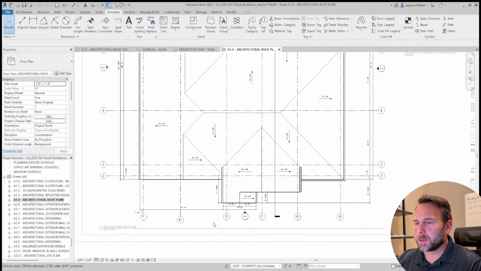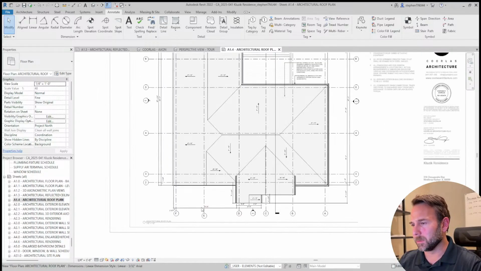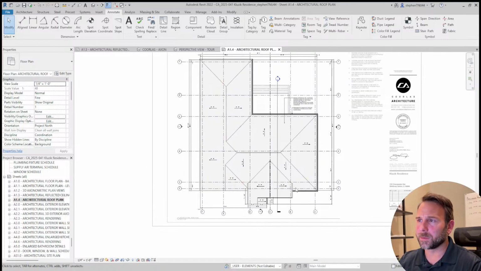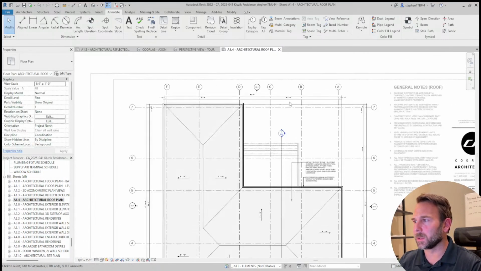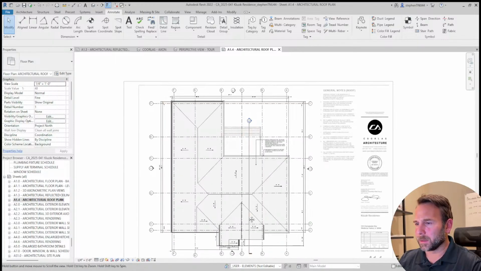So something like this here, all the geometry is broken by the roof plane multiple times, and so it makes more sense to leave the overall off on this side. They can always reference it on this side. We're going from soffit or fascia edge to fascia edge, and then